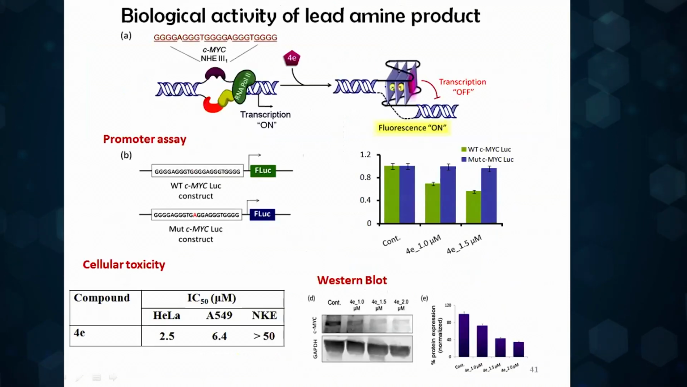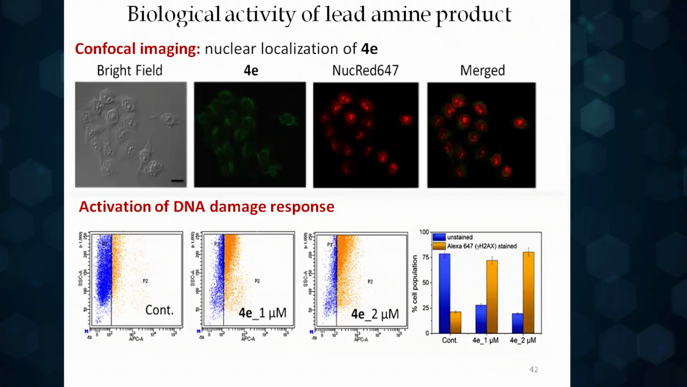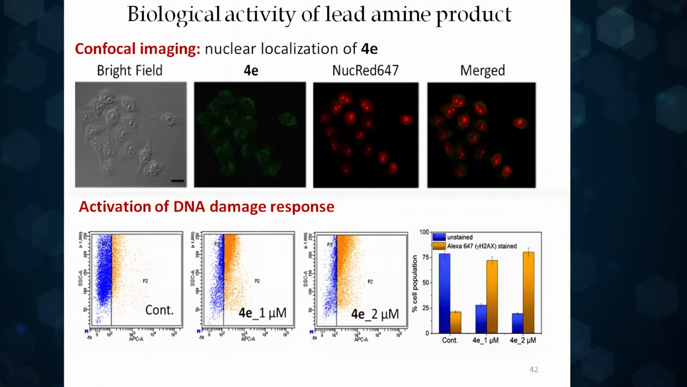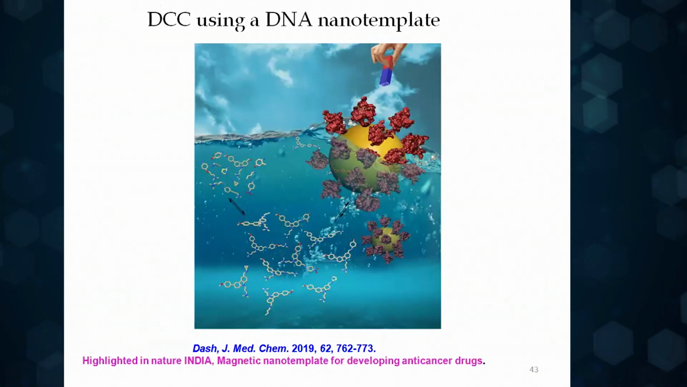Further biological studies revealed that this ligand is toxic to the cancer cells, non-toxic to the normal cells, and it can also reduce the CMYC expression in the cancer cells by directly stabilizing the CMYC quadruplex structure. And further confocal microscopy reveals that this ligand is cell membrane permeable and mostly localizes in the cellular nucleus, and it can also induce DNA damage response in cancer cells. So this is the first example of dynamic combinatorial chemistry using a DNA nanotemplate that selects its best binding ligands